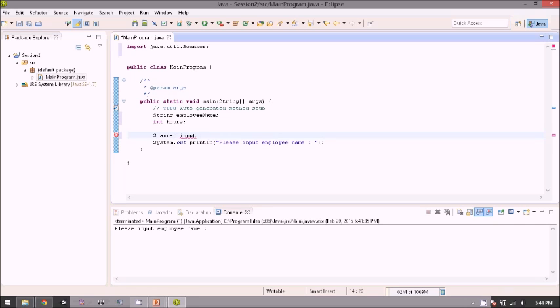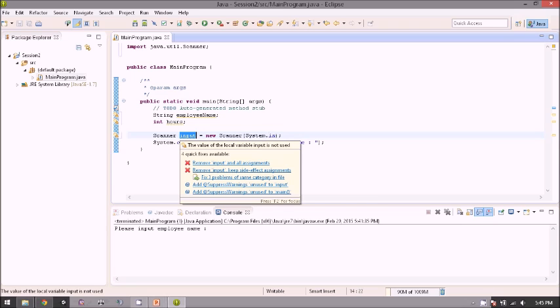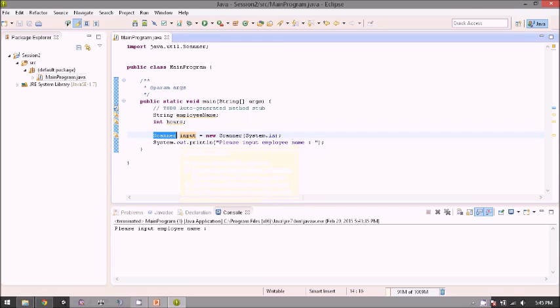So input is an object of the Scanner class. This is similar to a variable, but the difference is Scanner is a class, not a data type. Okay, next we just need to instantiate the object. Just use new Scanner, and inside the brackets use System.in. So if you want to ask input from the user, you need to create the Scanner object.